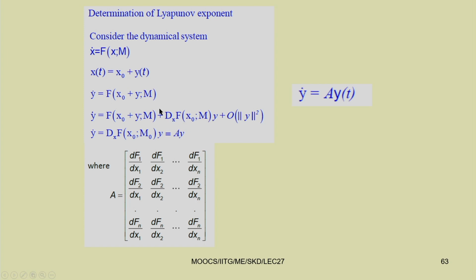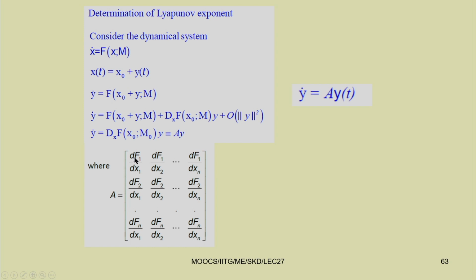So, this is the first order derivative, d x f(x0) times y, plus higher order terms. The f(x0, y0) is the initial condition we have taken, so this part equals 0 for steady state. Then our y dot becomes d x f(x0) times y. This matrix can be written as the A matrix, which is the Jacobian matrix we can develop.